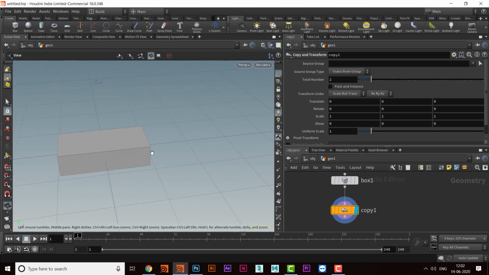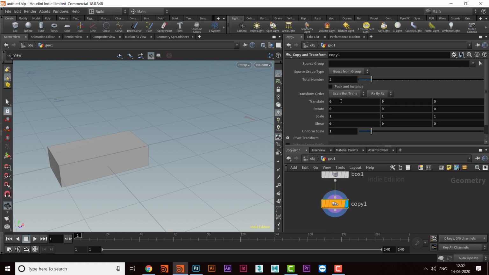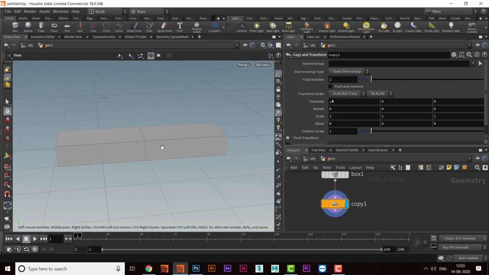I don't want a gap between these two bricks. So what I will do is go to the box and see what the size of the brick is, and the same translate value I will give here, that is 0.4. Okay, so now there is no gap between these two bricks, though they are not penetrating either.